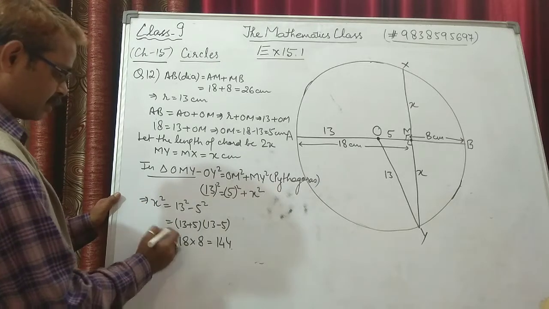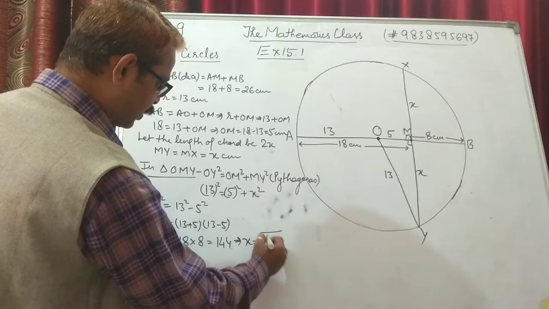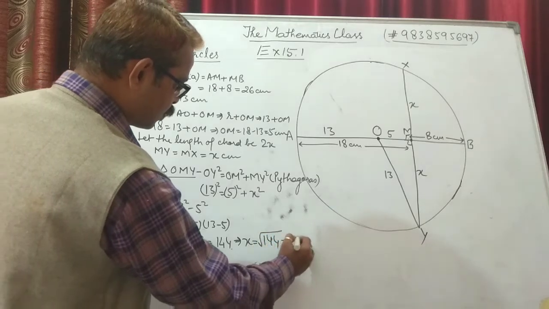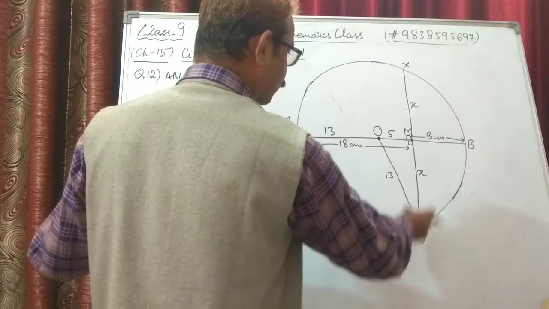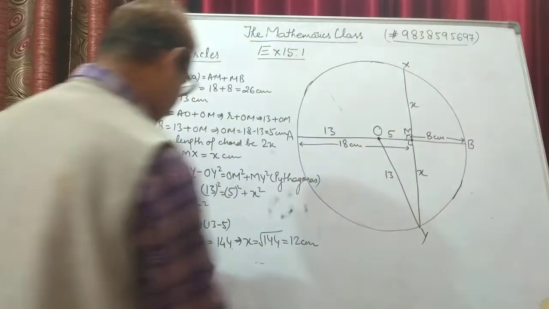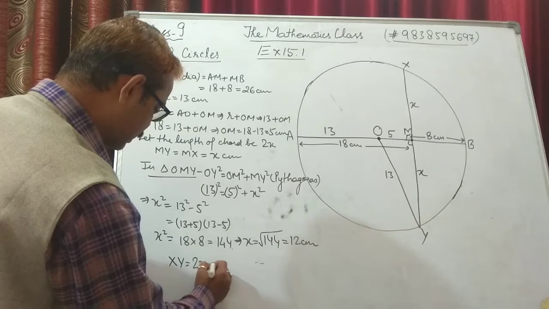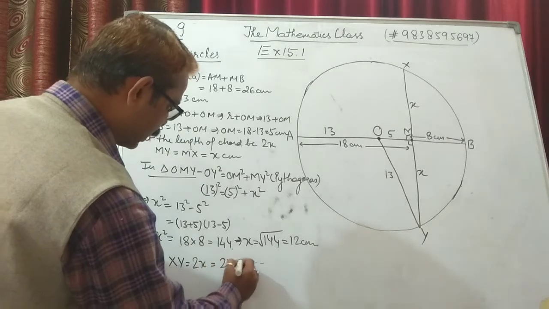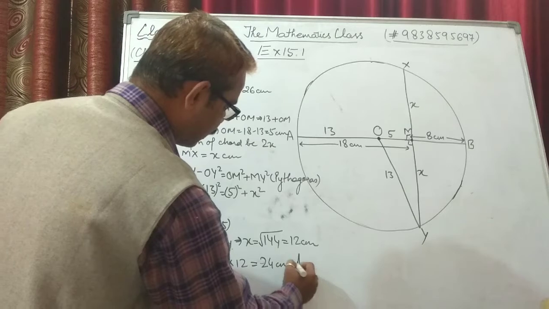So x will be the square root of 144, and that is 12 centimeters. Now 12 centimeters is the length of MY. So total XY is 2 times x, that is 2 into 12, and 24 centimeters is the